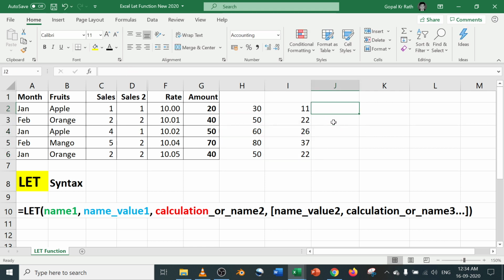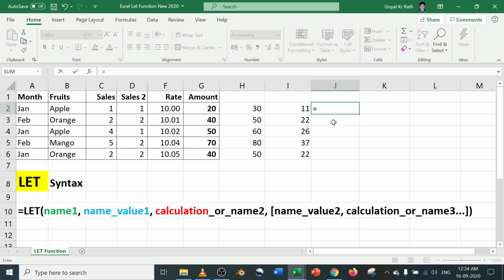Now let's take a complex formula. You can add it with any function. For example, I'll take an IF function. If you don't know how to use the IF function, then check the link in the description below.